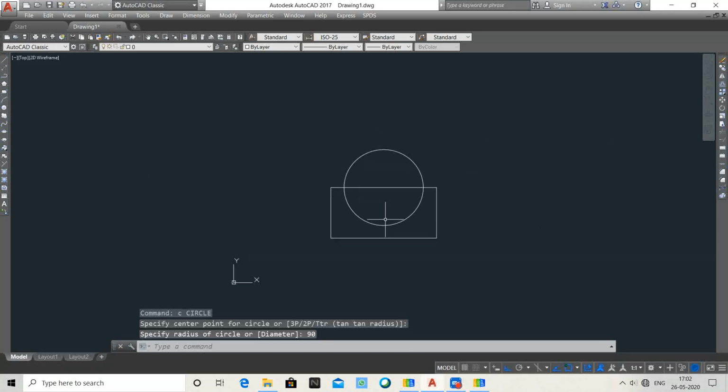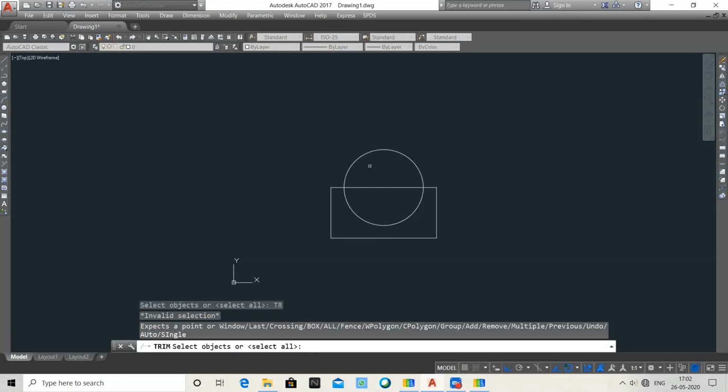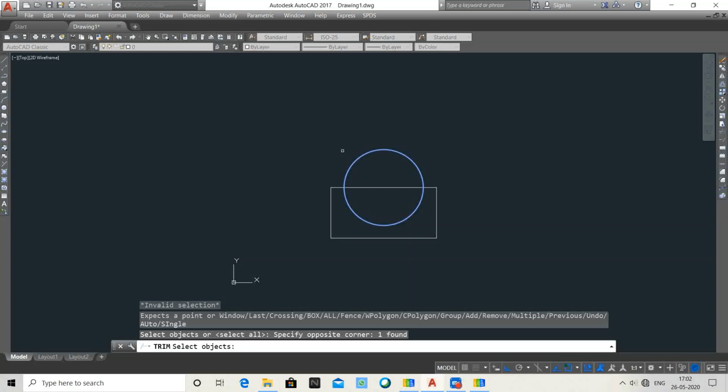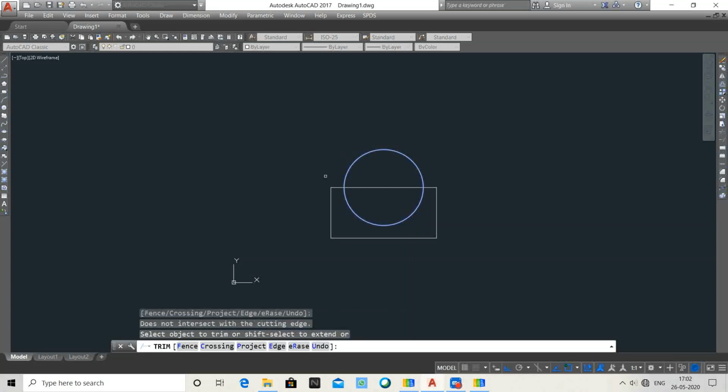Then using the trim command TR, first enter, then second enter, then select the circle. I select the upper circle to trim it, then the second line.